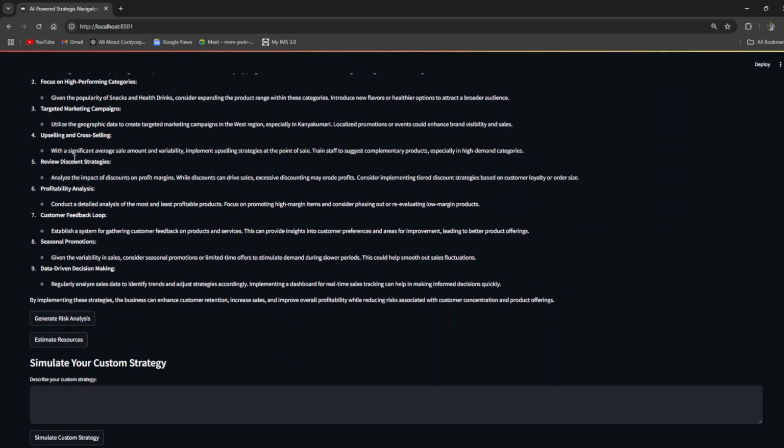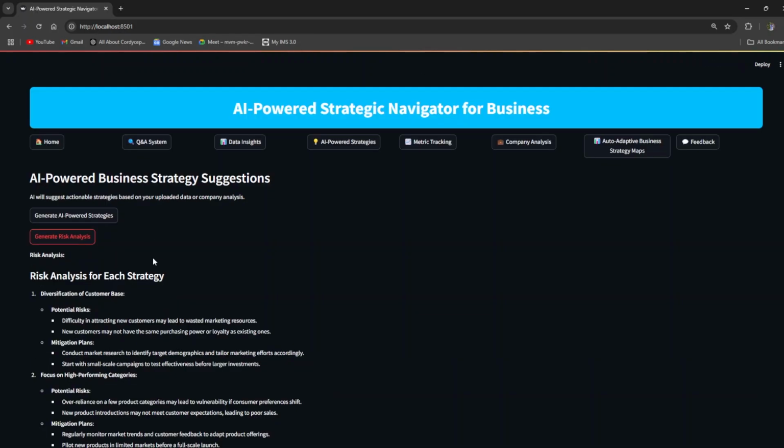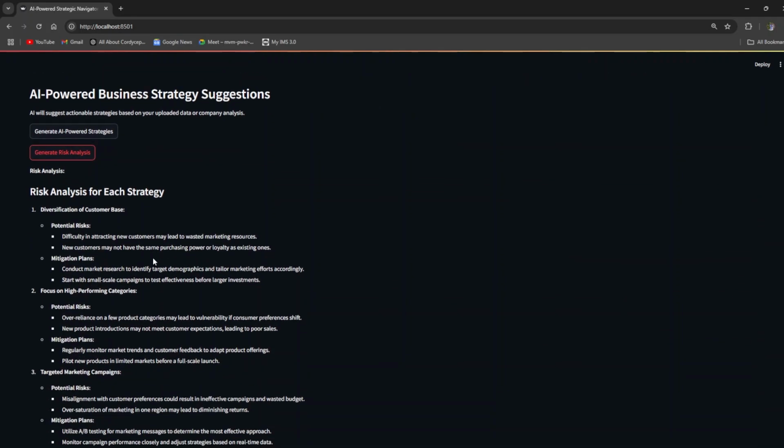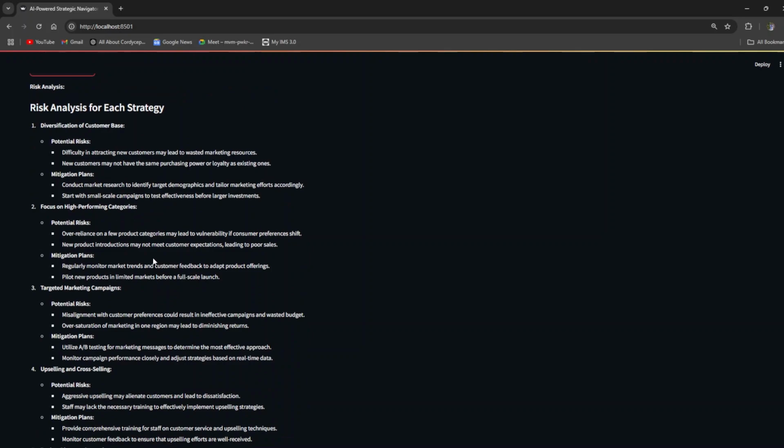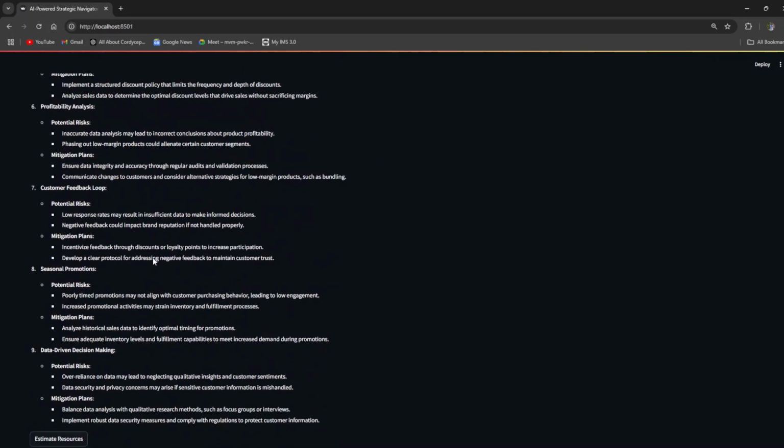recommendations. Once this is generated, we can generate a risk analysis. The AI will identify the potential risks associated with each strategy, and it will suggest mitigation plans as well along with the potential risk. Similarly,